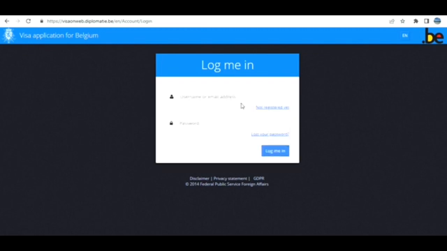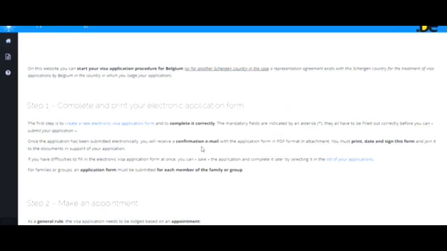So we can click on "Go back to login." Once you log in, this is what you see, where it's